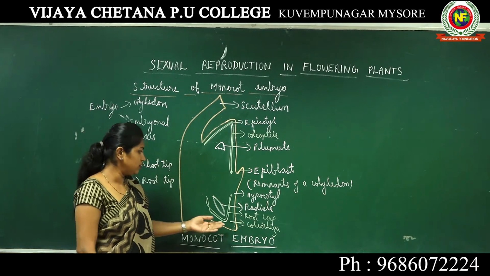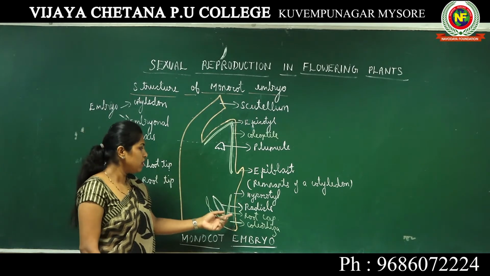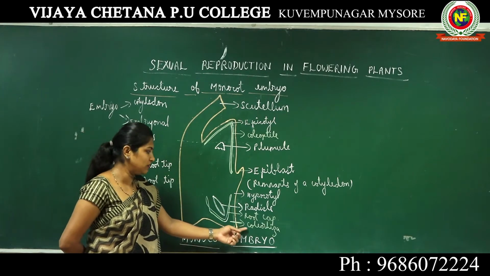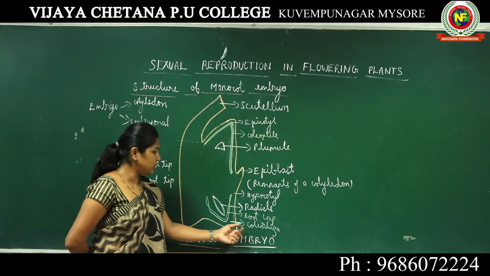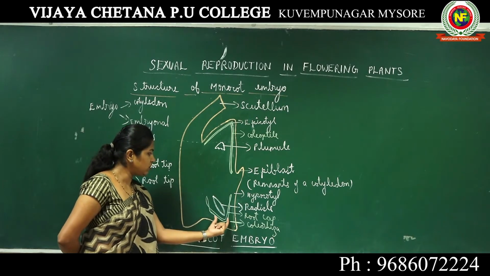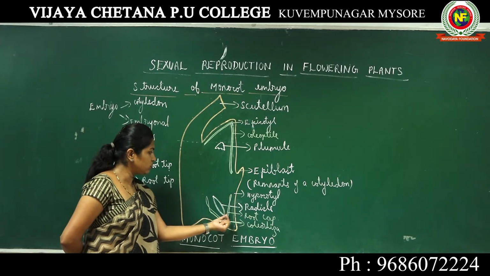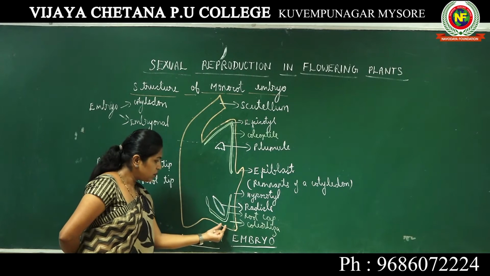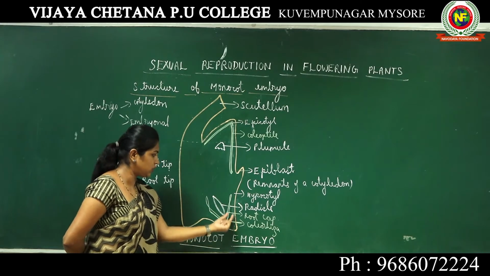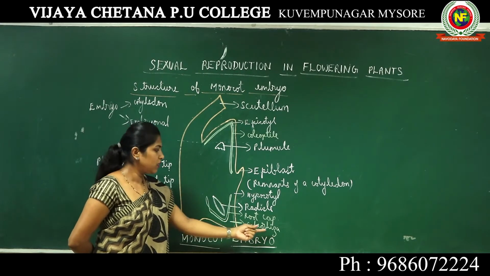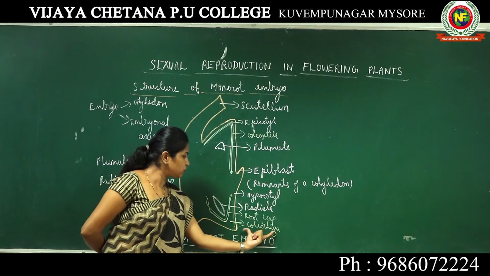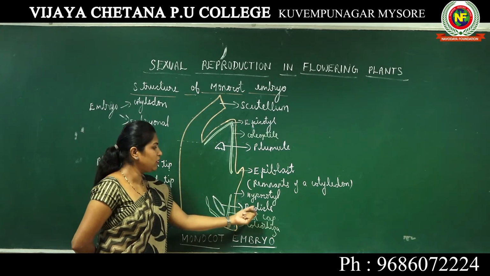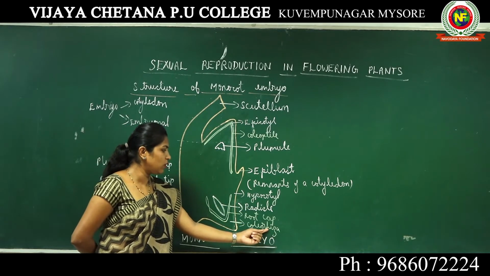According to your NCERT syllabus also, if you look into the diagram, they have not drawn any particular structure to represent the coleorhiza. However, you have to imagine that in this part, just below the root cap, enclosing these two structures known as radicle and root cap, we have an undifferentiated sheath known as coleorhiza. Rhiza refers to root. So this sheath always encloses a structure which develops into root. That is the reason it is called rhiza.